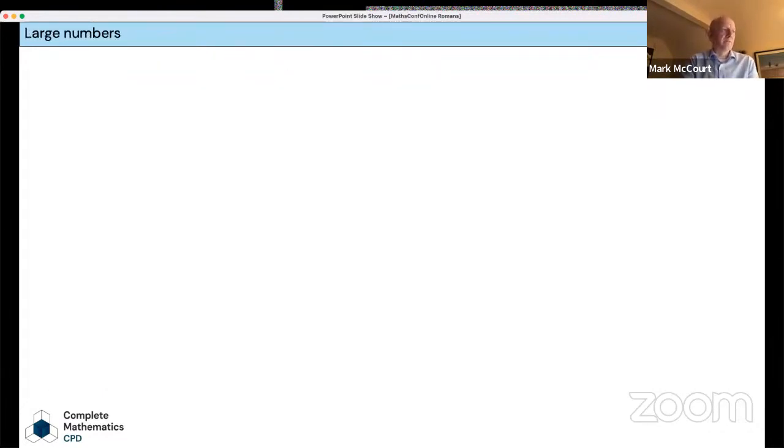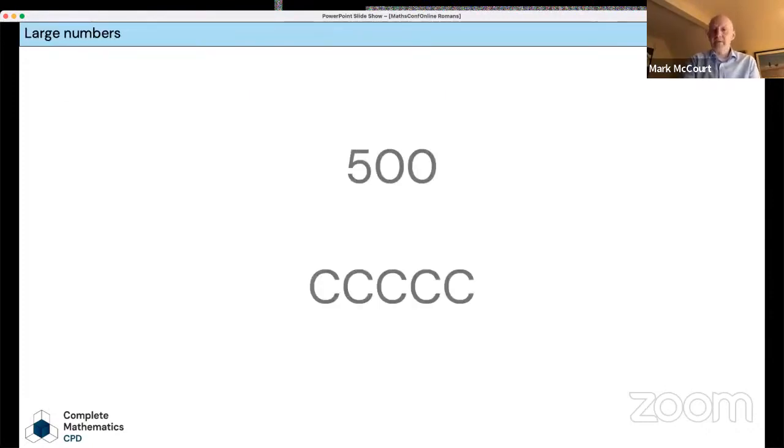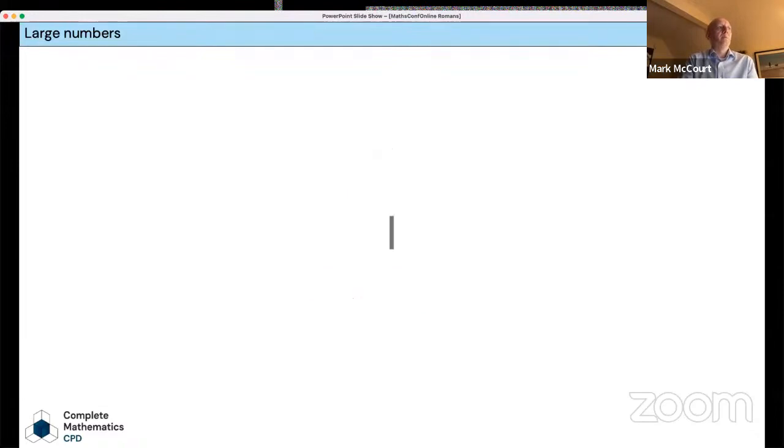Let's take a quick look at some large numbers before we stop. Suppose we wanted to write 500. Well, 500, we could write C, C, C, C, C. Okay, and that is older than writing D. But there is a convention that allows us to multiply by powers of 10 and 500. So if I write 1, I, and I put an apostrophus, a single apostrophus, which looks a bit like a bracket, to the right-hand side of that I, that is now 500.